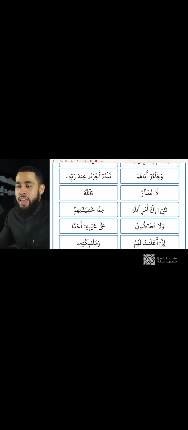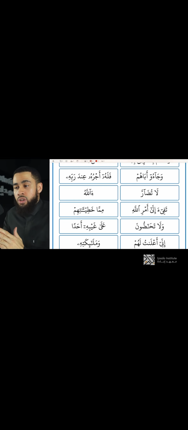Next one. Look at this one. We've got a Hamza with an alif and a mad, make it longer. And then we're going to join onto the shadda that's in Allah's name. We're going to hold it and then release. So we say Allahu.